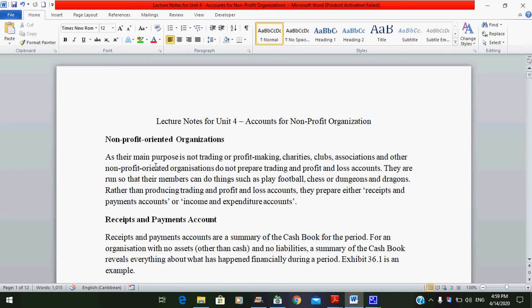They are not operated for profit. They are run so that the members can do things such as play football, chess, Dungeons and Dragons, or just games. Rather than producing trading and profit and loss accounts,